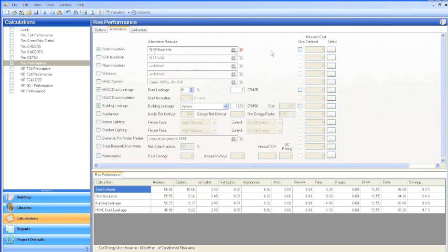And this is relevant, too, if you're installing a different type of ductwork system, going from a wall unit to central air. There's no place to put in new ducting here. There's no place to put in a new hydronic system formally here, although you might be able to change it under domestic hot water. But rather than go through ways to try and jury-rig the model to do what you want, you can, instead of using the